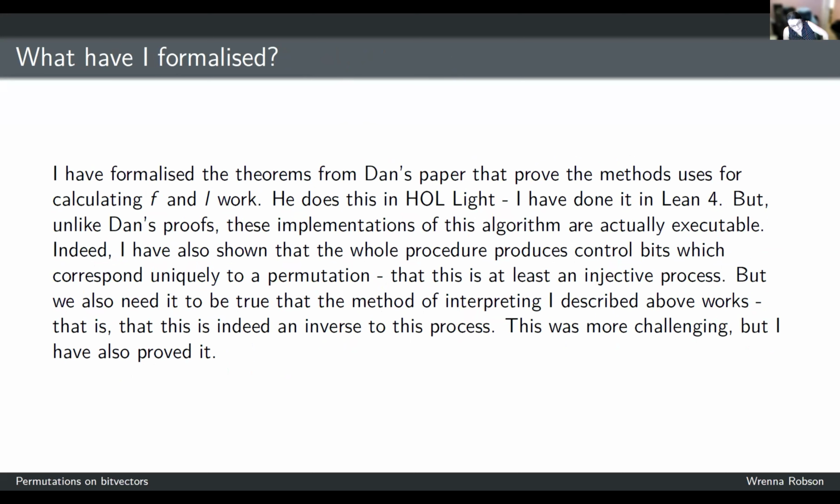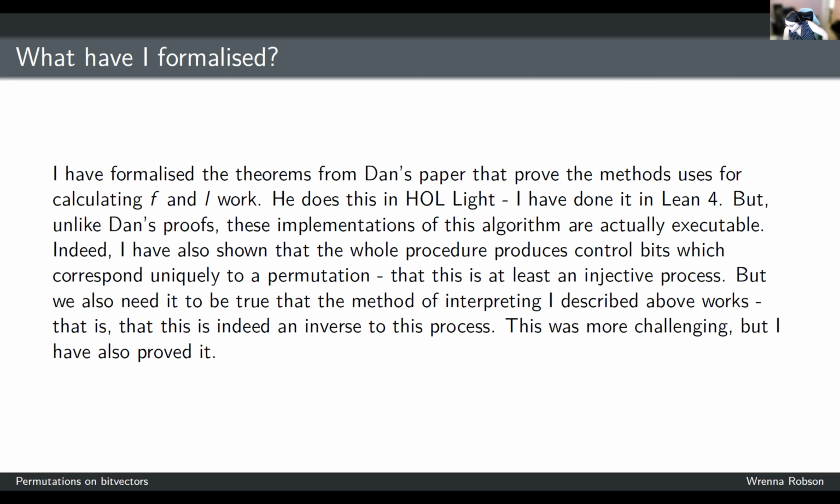I originally did it in Lean 3 actually some time ago. It was sort of a half-hearted effort. I mean, this was really when I was first getting to grips with Lean. I did most of it, or I think I went slightly further than Dan's original one, but to be honest, looking back now at that original formalization, I cringe a bit because it wasn't very good, but it was fine. But my new formalization of it in Lean 4